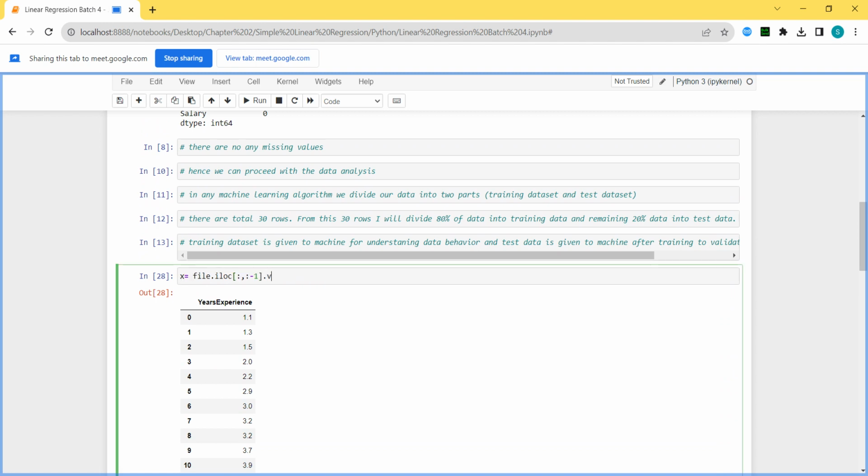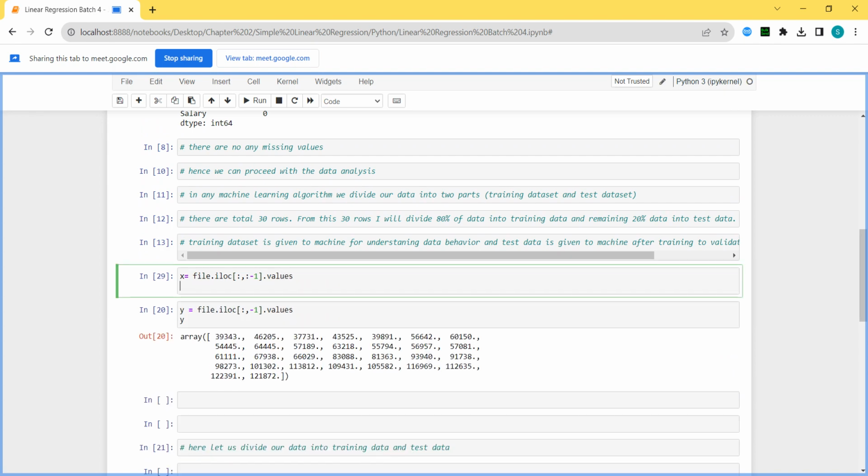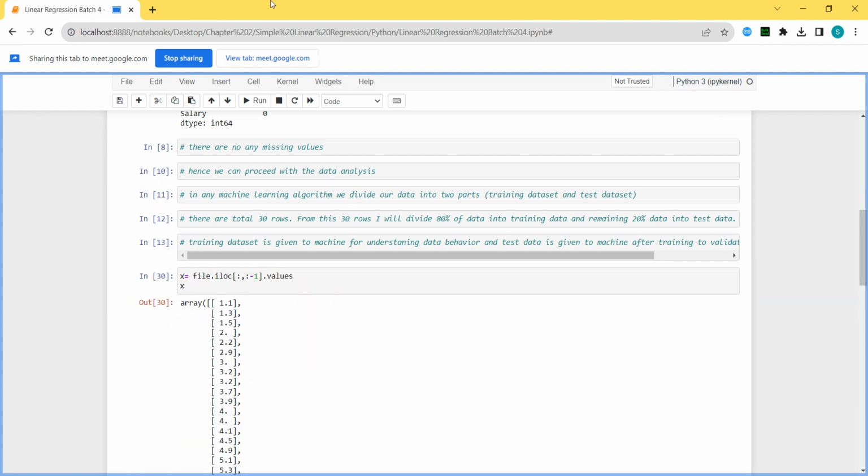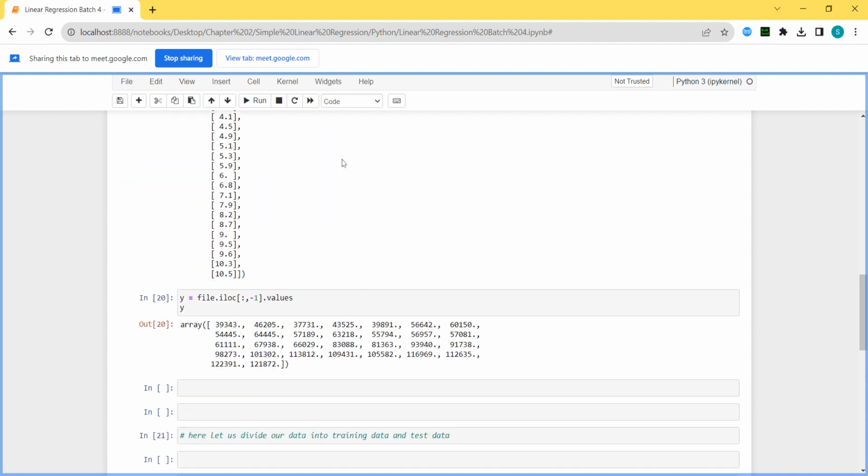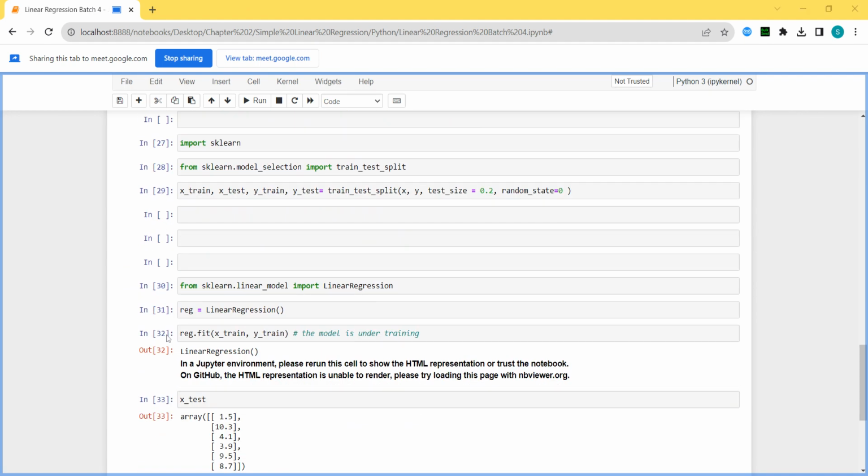And then I will write values. Why do we write values? To convert it into an array. Simple. Now you understood, everyone. This is my array format. Got it clear? Anyone having any doubt? Because the rest of the things you already know. Everyone got it till now? Should I go ahead? Let me know quickly. Okay, done.